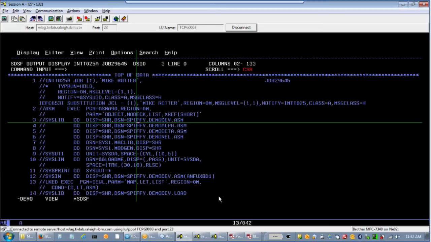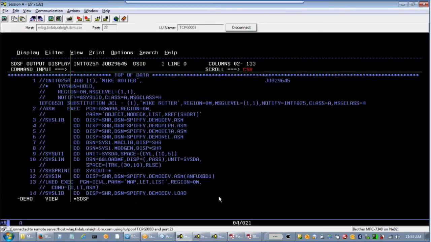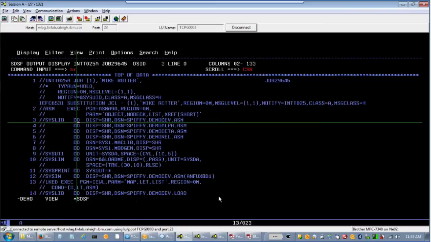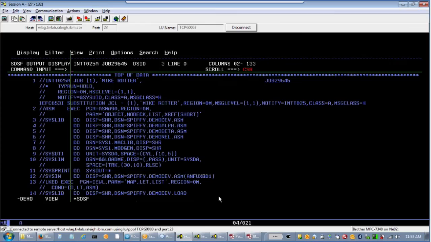I'm looking at this JCL, and I want to actually look at this library from the JCL. Well, I can point and shoot at that name and put a command in the command line, browse, okay, and I'm in this library. This is called point and shoot, all right? Better than that, I can,